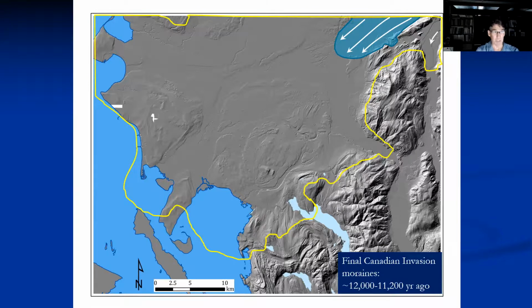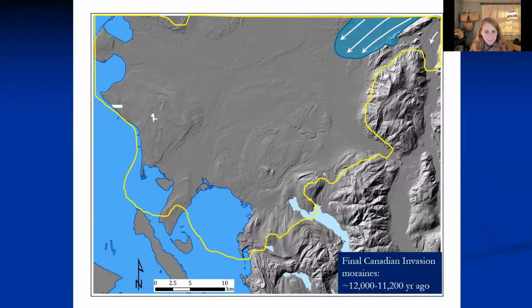I have not spent much time at all looking at any of this stuff further north, so I will apologize. I don't know what the ultimate source of the ice for this readvance was. But it was clearly north of the border, though whether it started somewhere further up the Fraser River proper or maybe just out of the more local mountains, it's not clear. At least I'm not clear on it.